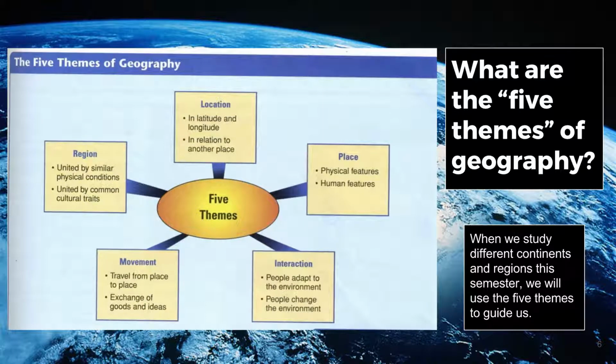And then the last question, what is interaction? I call it human-land interaction. So how do people adapt to the environment that's around them? And how do people change the environment that's around them? So there's that symbiotic relationship again. How do people adapt to the surroundings they find themselves in? So for example, if you live in a place like California that doesn't have a lot of water, one of the adaptations is you build dams and reservoirs to save the water that you do have.